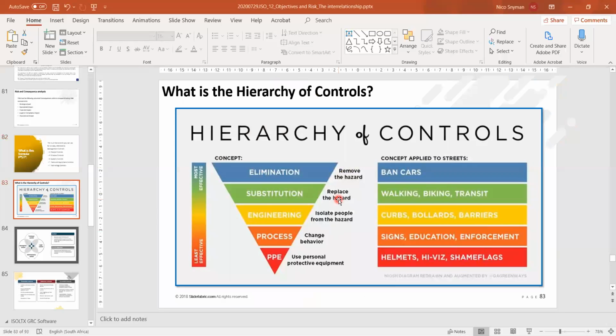you are looking at that P squared, S squared, T squared, and then you have to determine: is that person going to eliminate the hazard or the risk? Is it going to substitute the hazard or the risk? Is the person that we are appointing, or the process, or the system, or the tool or technology, going to assist us to re-engineer or isolate the risk? And we can see on the right-hand side that you've got examples there, and then processes, and then PPE,